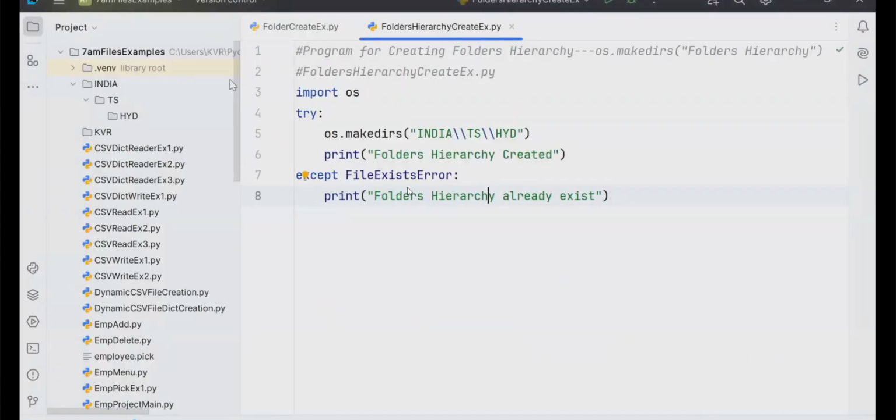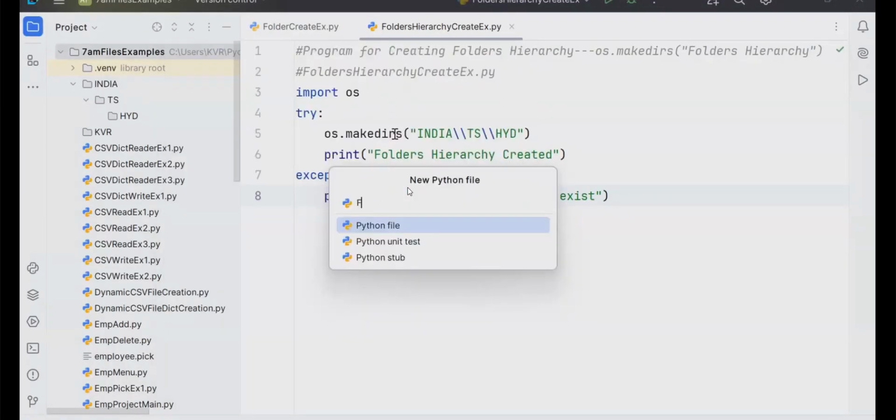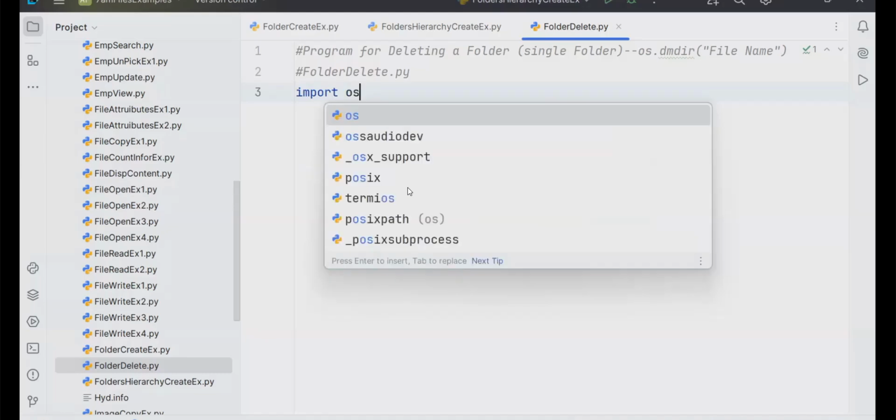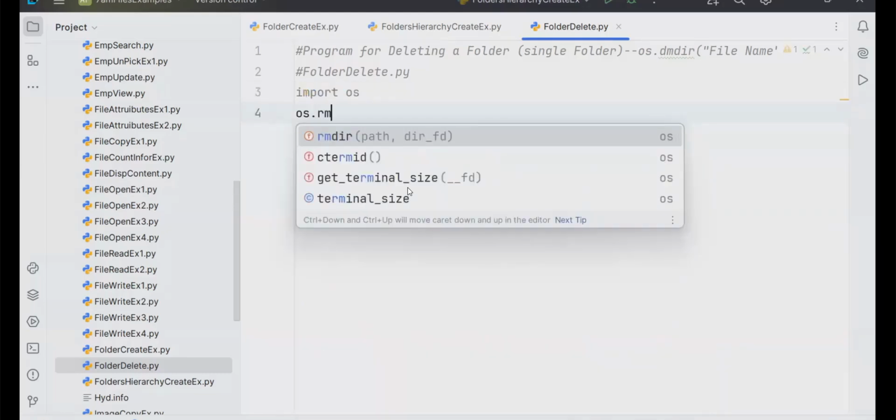Simple, students. Here I'm writing folder_delete.py, a program for deleting a folder, a single folder. What is the function name? os.rmdir of the folder name. So how do you write it? Import os. Now I'm writing os.rmdir of